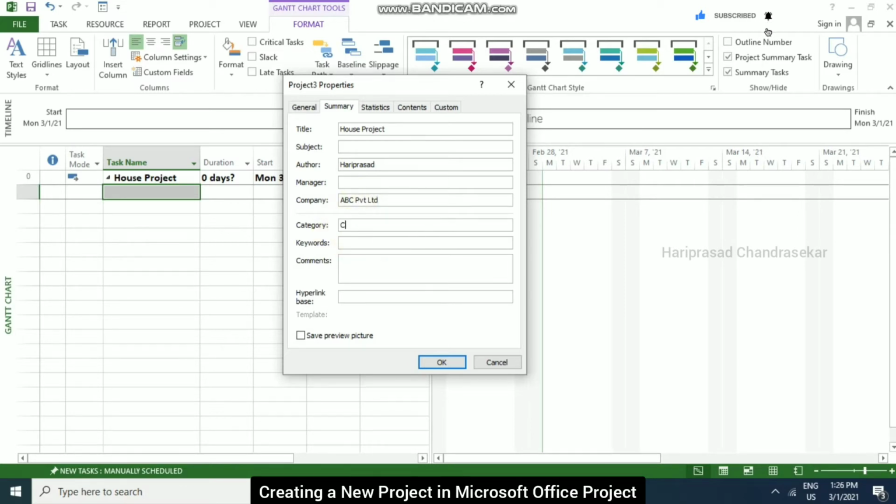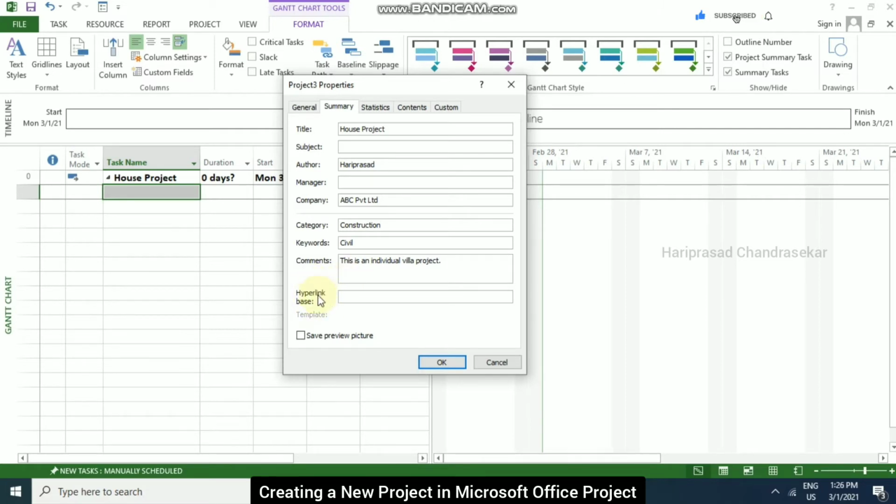Category, construction. Keywords, civil. Comments, this is an individual villa project.